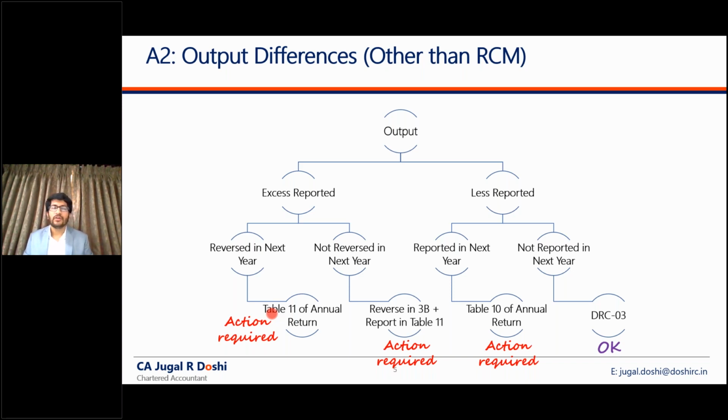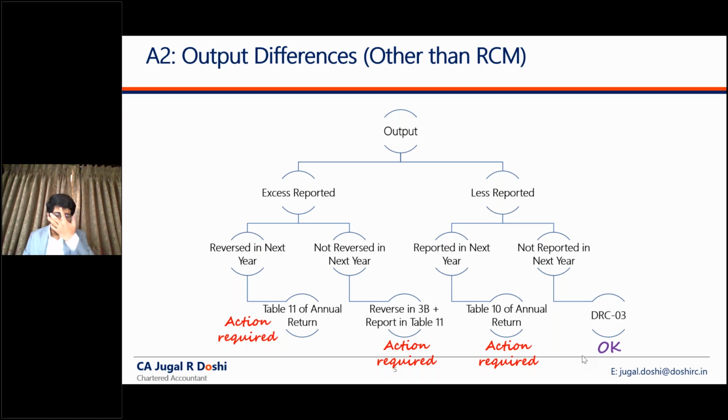Let's take an example. During the year, I have reported an outward liability of 25 lakhs through 3B, out of which 3 lakhs pertains to an earlier financial year. So my table 4 will have only 22 lakhs. Tax payable on table 9 of GST annual return would be 22 lakhs and tax paid will be 25 lakhs. The reason for reconciliation is going to be 3 lakhs shown as paid in the next year in table 10 of annual return.